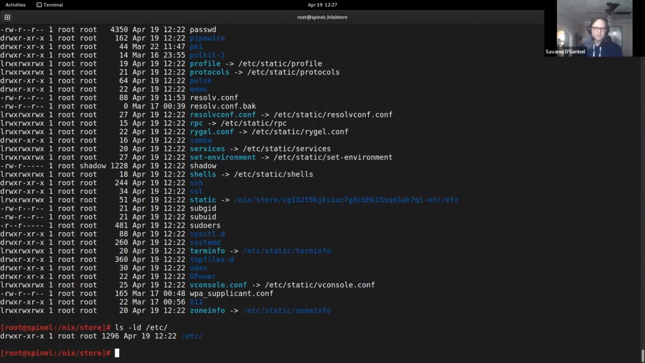Okay, etc is a real directory. So there are still things that are real files on here. There are also portions of these files that are versioned. And when I say versioned, what I mean there is that this root system, or this global system,